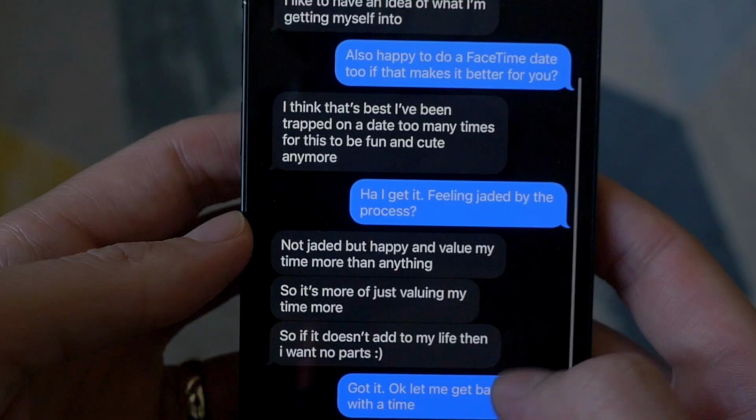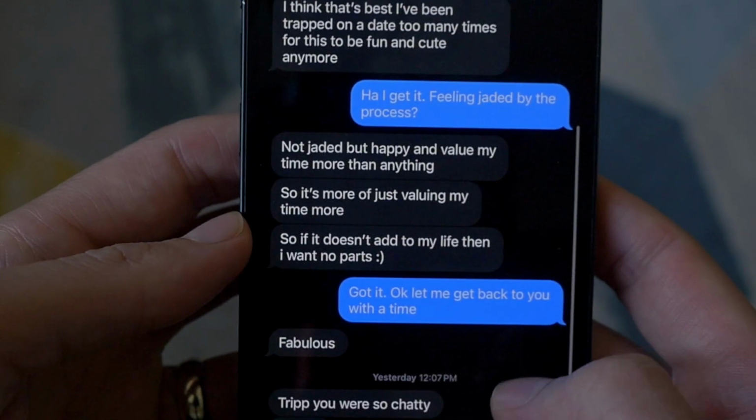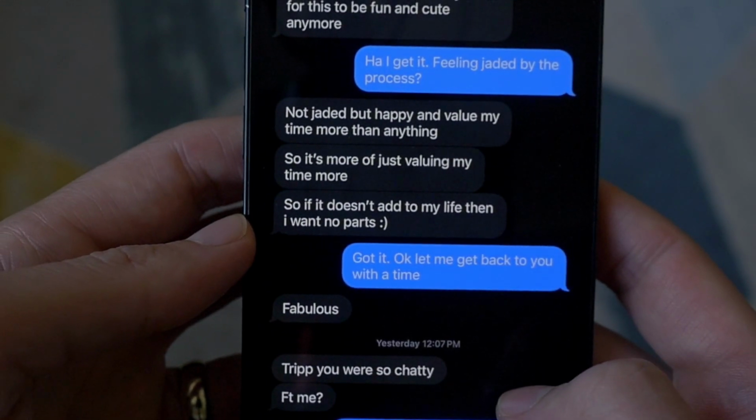And then this is probably a woman I would be a little bit reluctant to meet personally because she just seems kind of jaded. I even said that, like feeling jaded by the process. And then she said, no, not jaded, just don't want to waste my time, etc. And then, boom, if I wanted to, I could set up a FaceTime date, which by the way is fantastic. That counts as a date. You should be doing FaceTime dates as well because you don't want to waste a lot of time going on too many dates if you don't have to go out and actually meet people. Doing a FaceTime date every once in a while is a great thing to do.